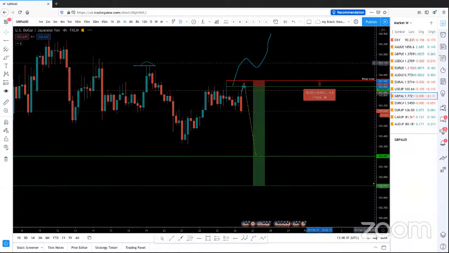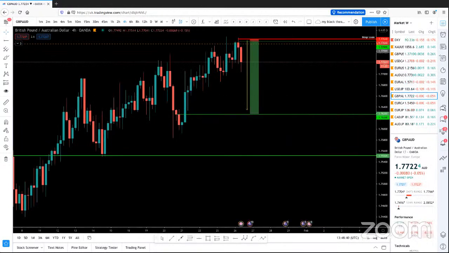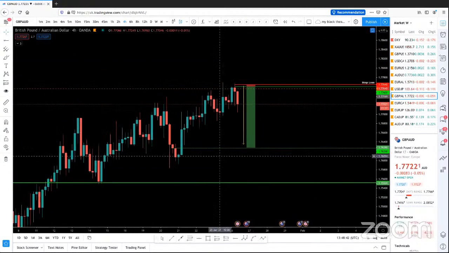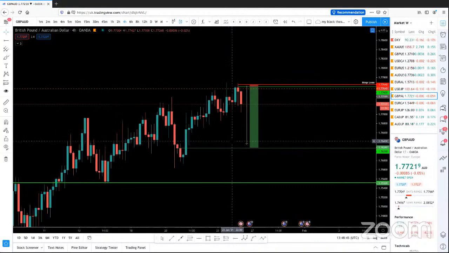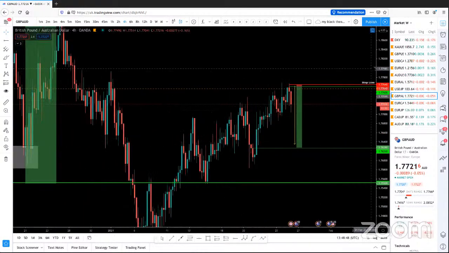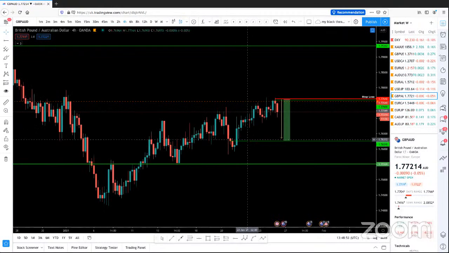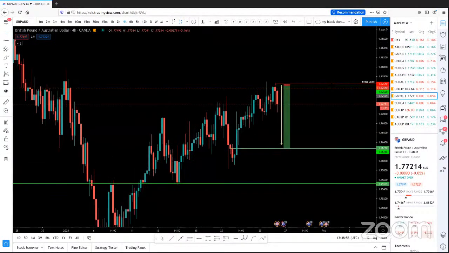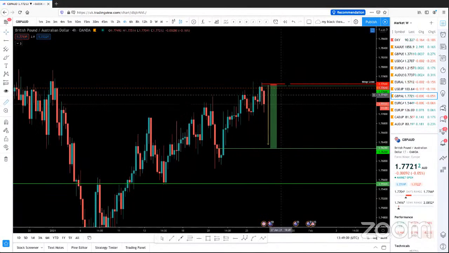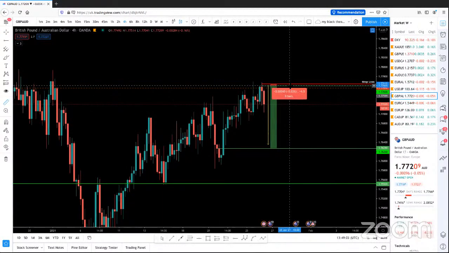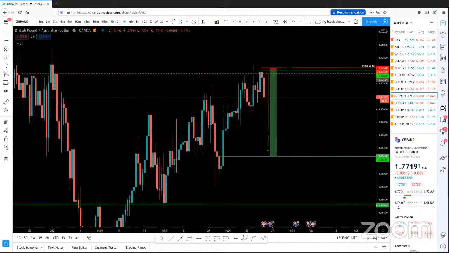Let's move on to GBP USD. GBP USD also, guys, I'm just waiting for price to take lower, because this is on a bearish move on the high time frame basis. So I'm looking for a sell setup on GBP USD with the stop loss that's also about 4 pips. If that triggers, you guys be careful, because the GBP USD spread is almost 2 pips, depending on the brokers. So this is a very tight stop loss.